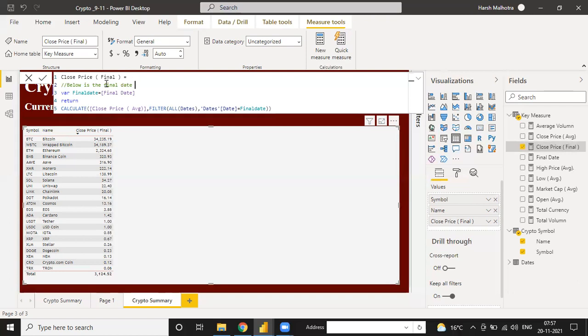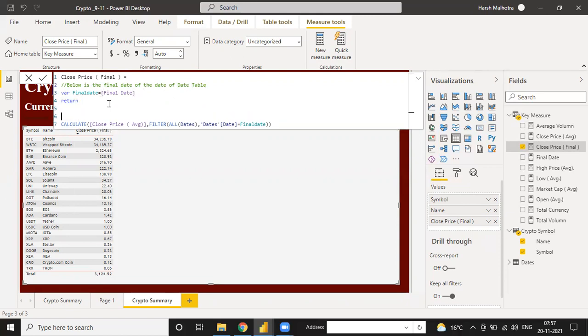Below is the final date of the date table. The function below is used for the final date of the date table, and this is the close price of the final date. So with these two functions, you can calculate your close price final.